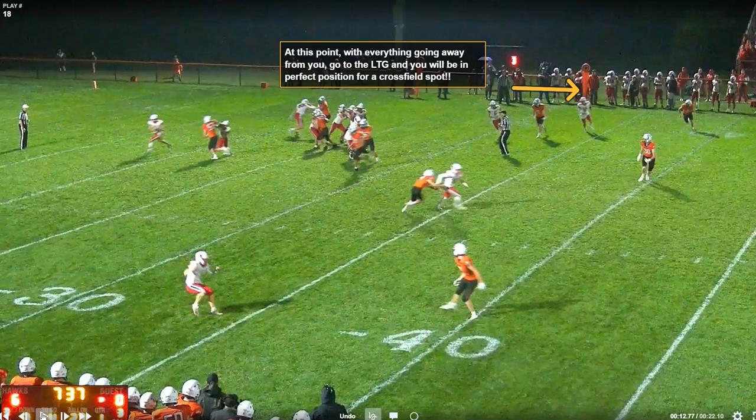So it's something that is done all the time in the collegiate game, and a lot of crews do it in high school, and we should be able to incorporate this into our regular mechanics. So what I'm saying is, at this point, if you're the head linesman at the top of the screen,